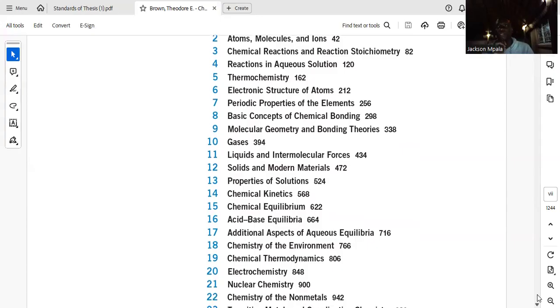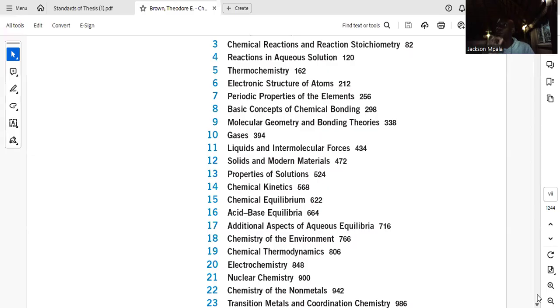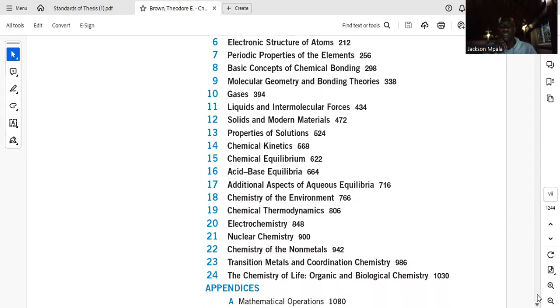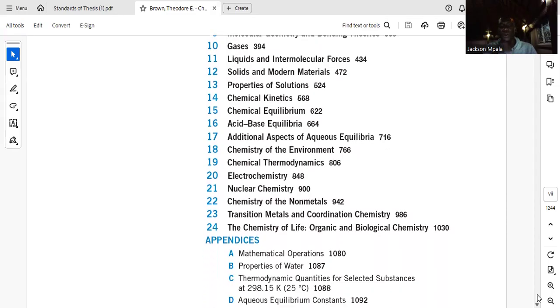Then the nuclear chemistry. I think you know the issue of nuclear energy, creation of different types of weapons, which is actually nonsensical. We shouldn't be making weapons as if we are animals to kill each other. Why can't you promote the issue of peace, instead of making nuclear weapons, atomic bombs, guns, and so forth? But of course, we need to learn some of those things so that you begin to see how we can maybe use this to our advantage, maybe in nuclear power stations and so forth. So we look into all those.